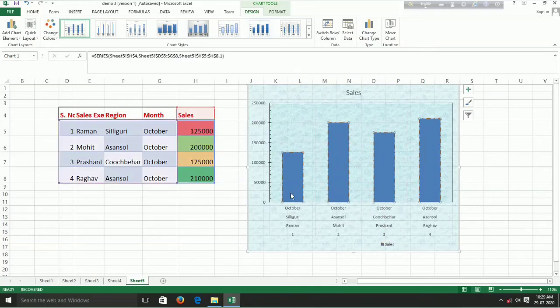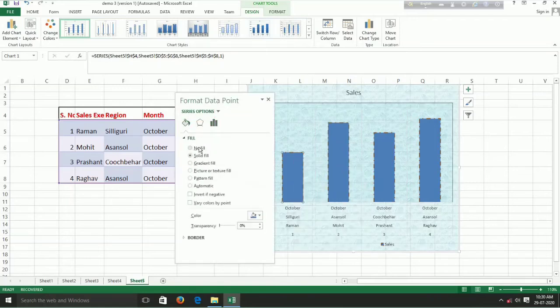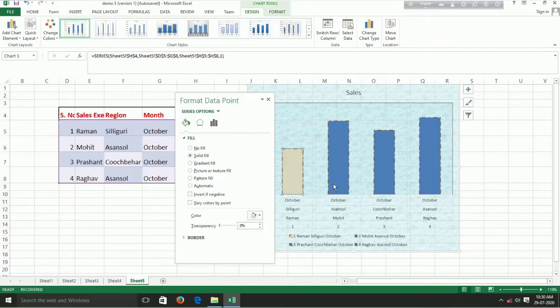Change the color of individual data series by clicking on it, then right clicking and choosing format data point. I will select different colors for different data series. You can go to the fill option, select the data series and change the color one after another.